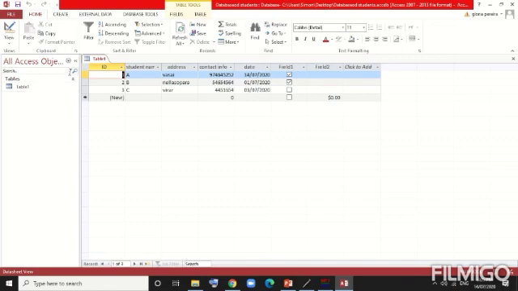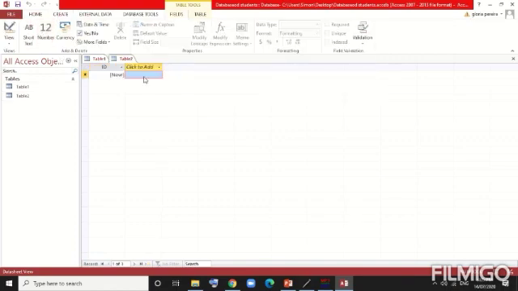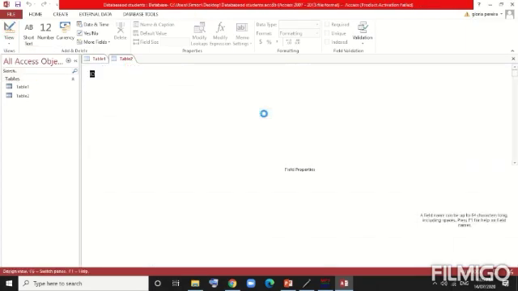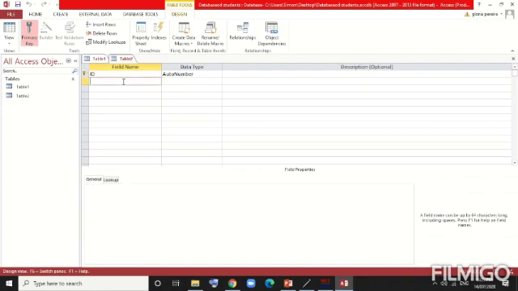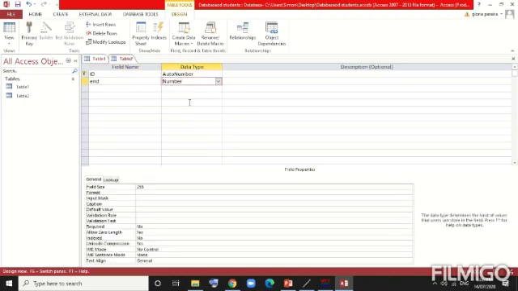And if you want to create another table, you can go to the table, and in this you can create multiple tables, however many fields you require. Now if you want to add a field with the description, you can first go to the design view, and here you just save the table as table 2, and you can add the information in this. For example, I'm going to add the marks column. So for example, I have subjects like English, and this is the number, so I'm going to add here as a number data type.